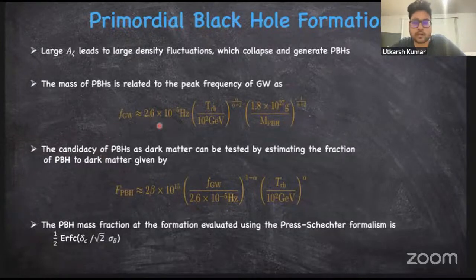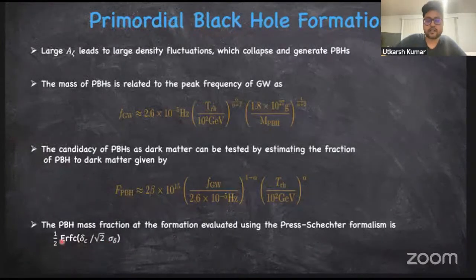And now the candidacy of the primordial black holes can be tested by estimating the fraction of primordial black holes to the dark matter, which is given by the following relation. The PBH fraction at formation, which is evaluated using the Press-Schechter formalism, can be approximated by the following relation, where delta_c and sigma_delta